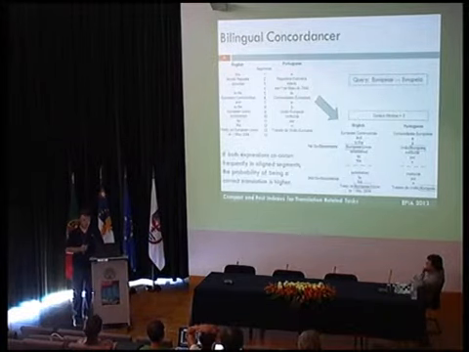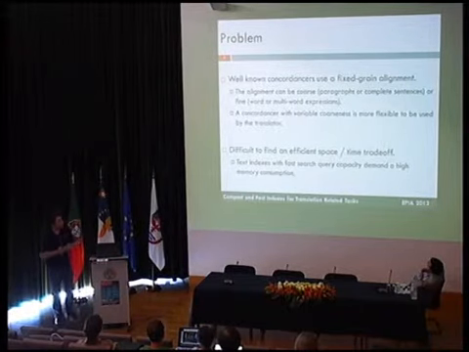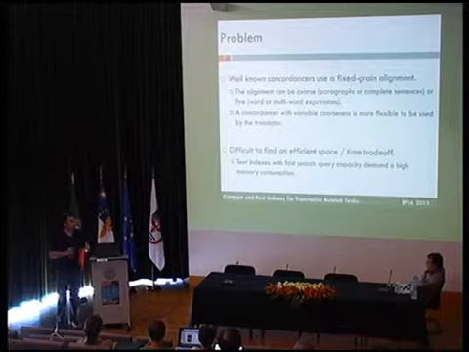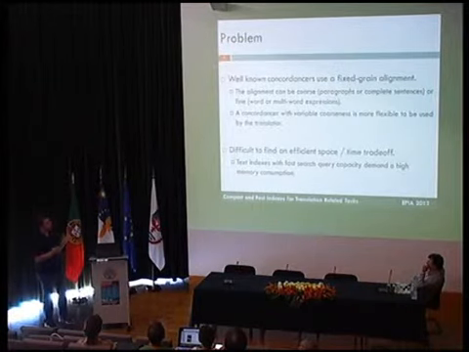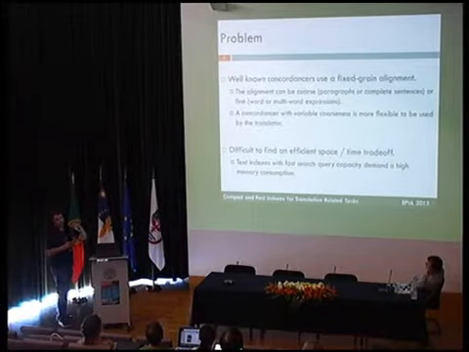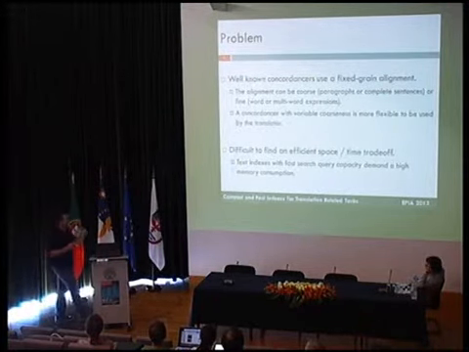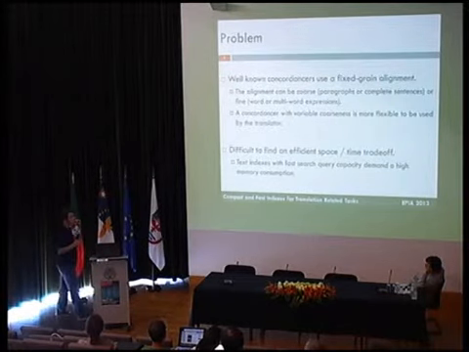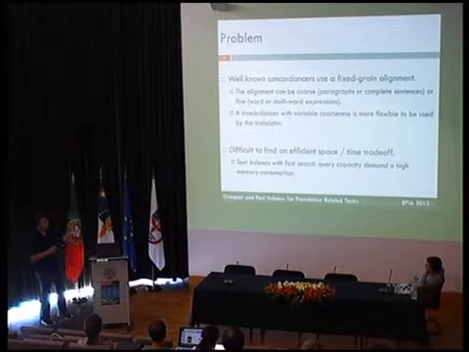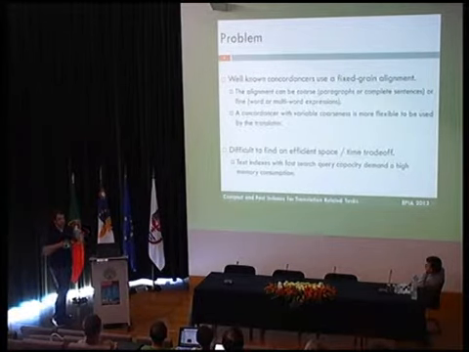So, but what is the problem here? Well, well-known concordancers like TransSearch and Sketch Engine use a fixed grain alignment. What does this mean? The alignment can be of several different coarseness. You can have segments like the one that I showed you before, small segments with fewer tokens, like 5 tokens at most. This is what we call a fine alignment. And we can have as well coarser alignments like whole paragraphs, whole sentences